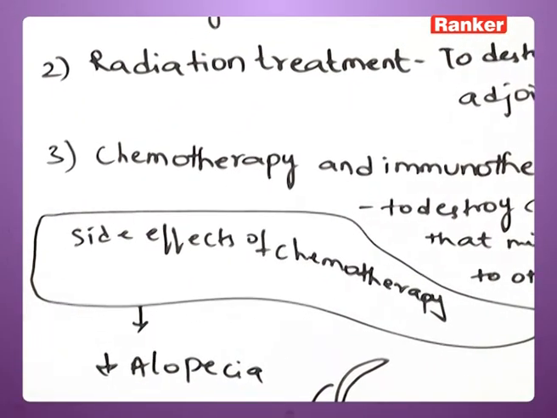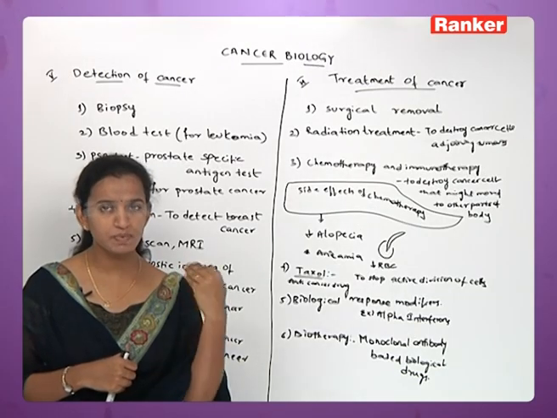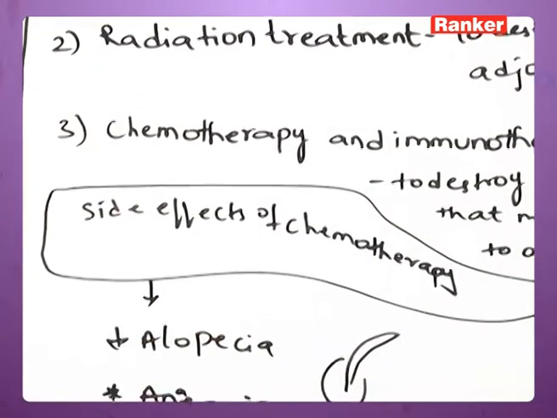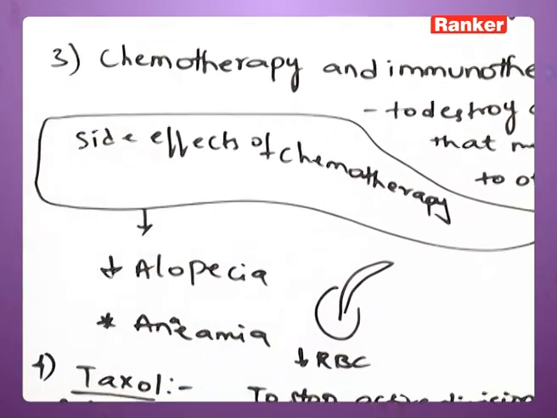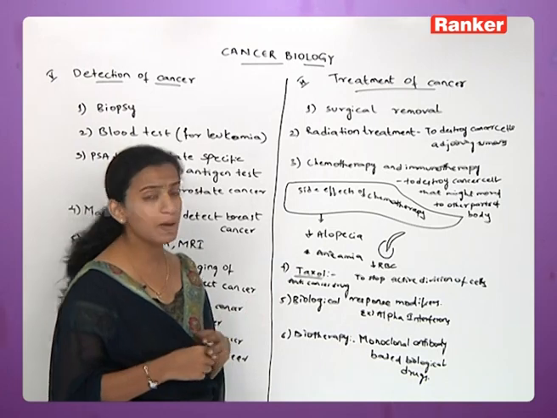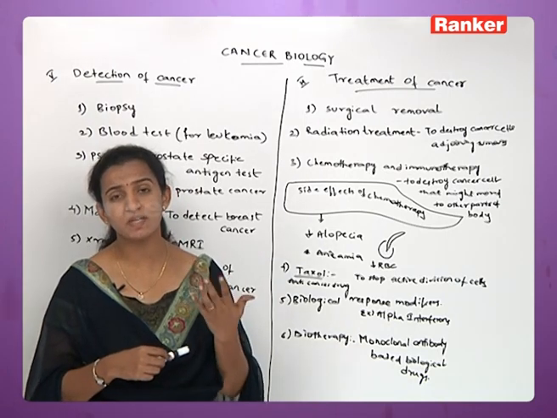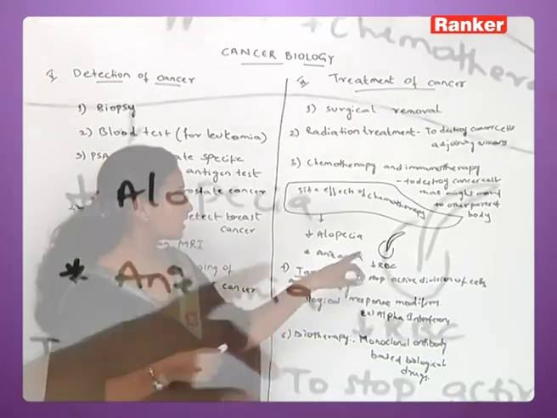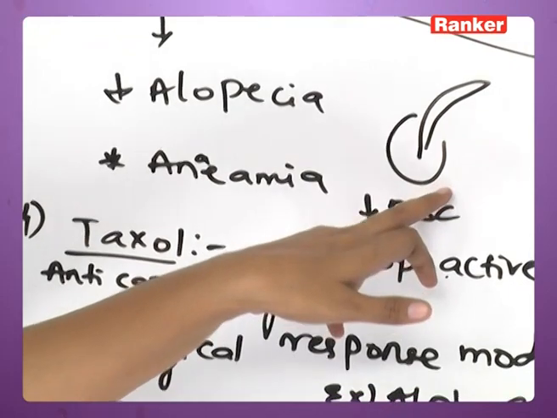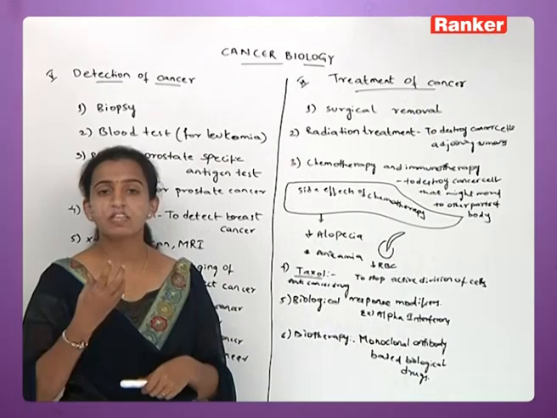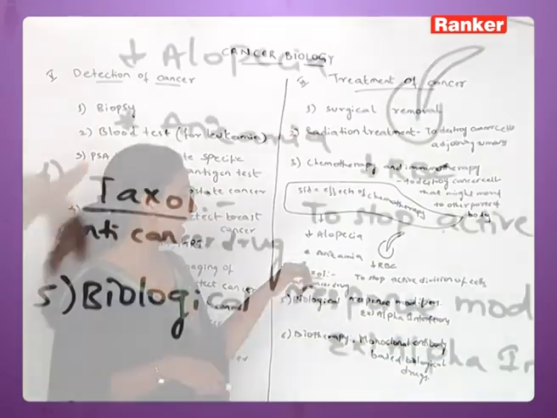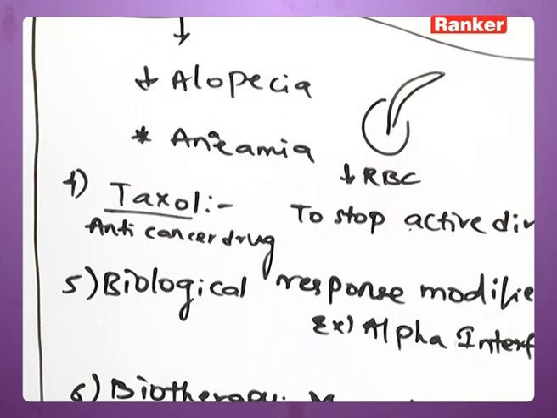If these radiations are sent, and that cancer is present in and around that body part also, it is going to kill the cancer cells there. And the side effects of chemotherapy: chemotherapy is a high radiation power kind of treatment. So what happens if a person is going through chemotherapy is, you can see this picture, it is called alopecia. Alopecia means this is a follicle, and the hair is coming out of the follicle. That means there will be a loss of hair if a person is taking chemotherapy radiations. And anemia is nothing but a simple decrease in RBC blood cells.